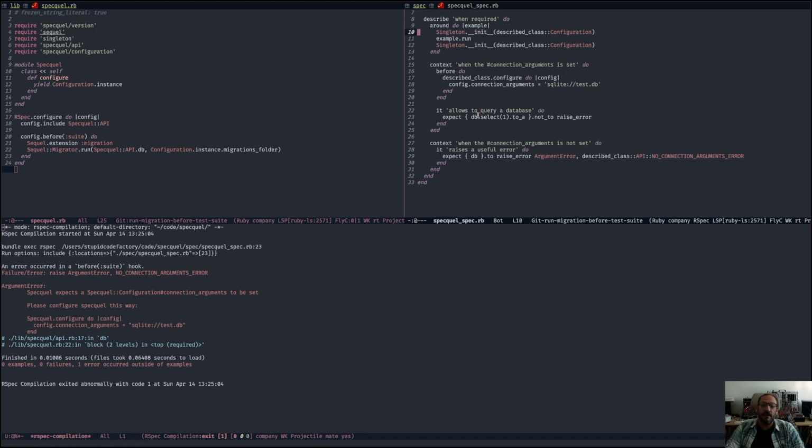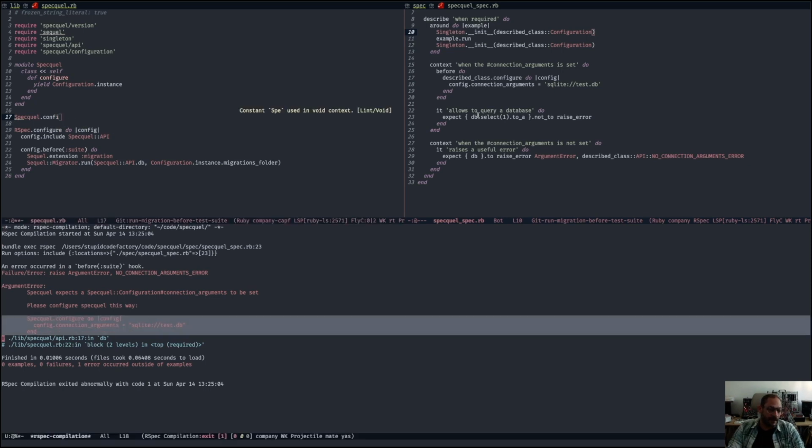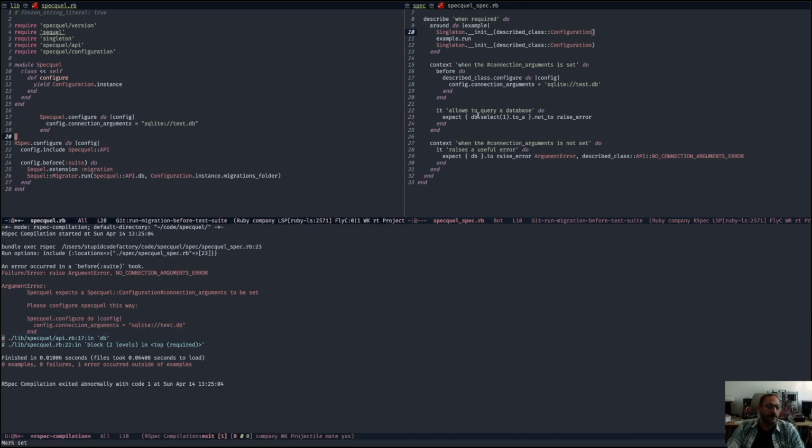So I think what's happening is because it also runs this, that means it's going to reset the configuration class, the instance of the object. So for this to actually run, we do need to configure globally our specquel gem. So there's no way around that, I'm afraid. But that's perfectly fine, because that's how it's intended to be used. So let's do configure all. Actually, let me just. This is why we did what we did,